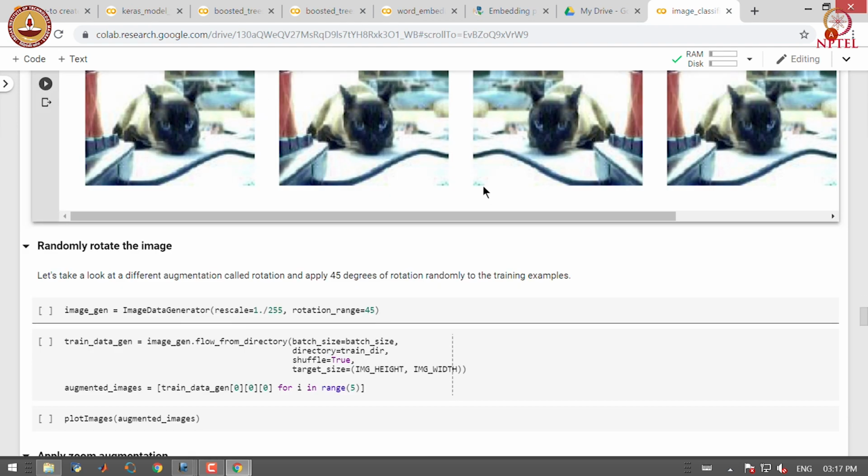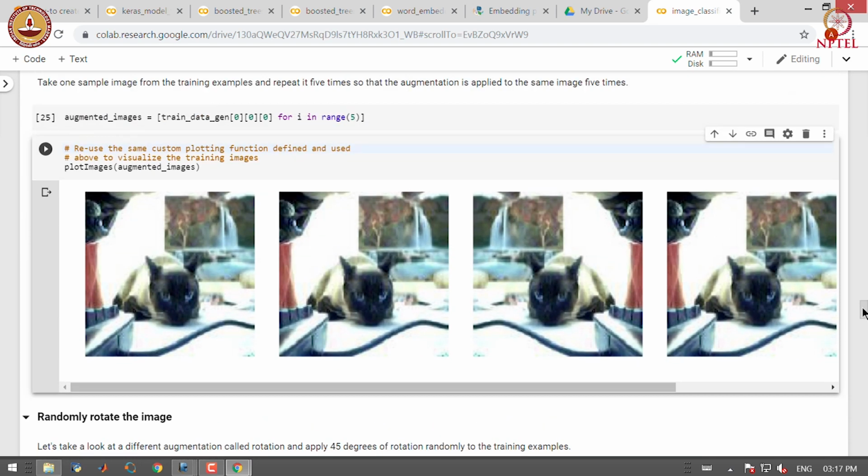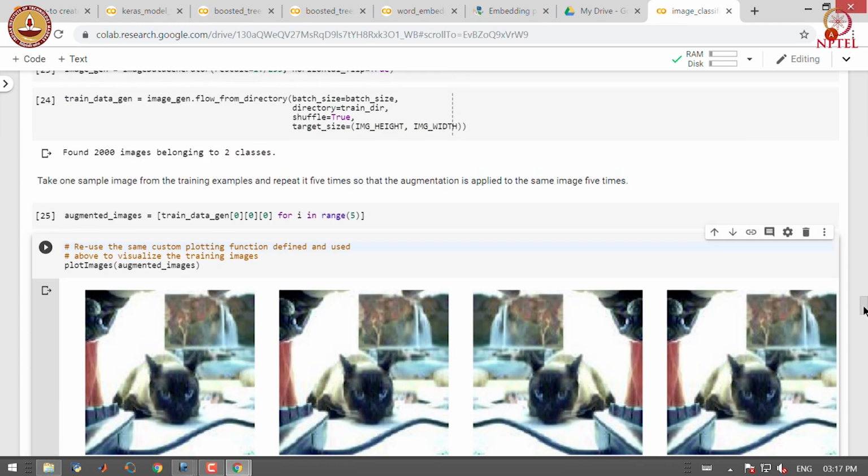So, you can see that after horizontal flipping we got more examples that were generated from a single example.